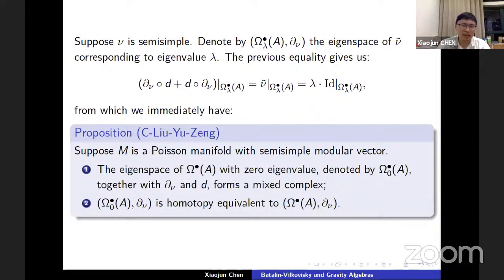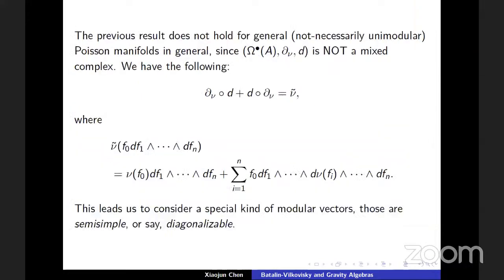Is it clear? So it's that operator mu tilde acting on differential forms, and that action is diagonalizable. Yes, yes. Okay, thank you. May I ask another question? Yes, yes. So another question is,